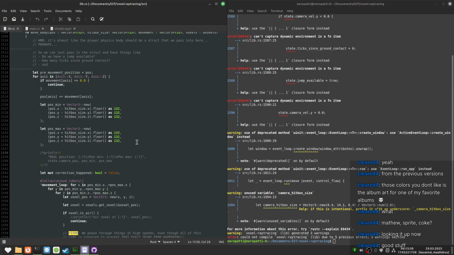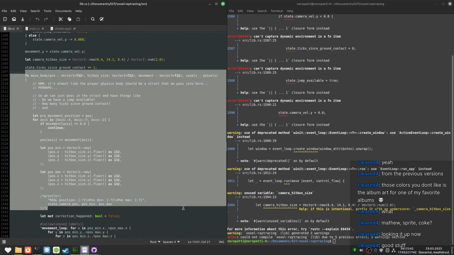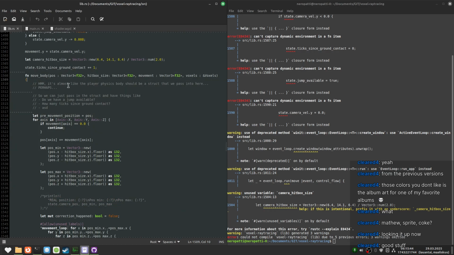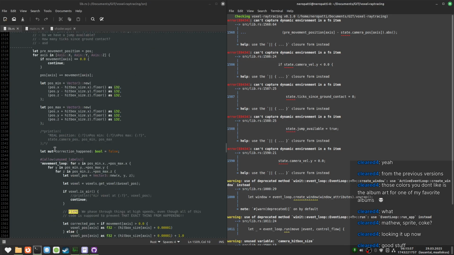Because right now it's not really possible. I would have to duplicate this code. So instead of doing that, I'm gonna wrap it into a function. Oh yeah, 1568 has a problem.